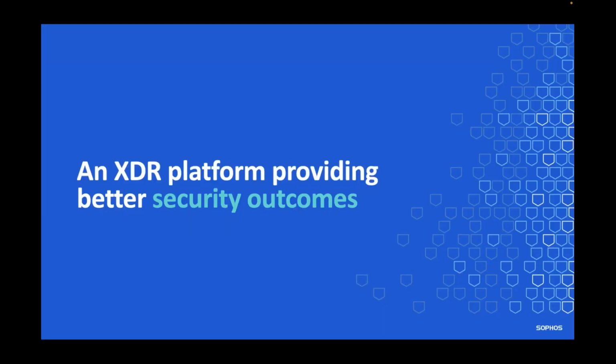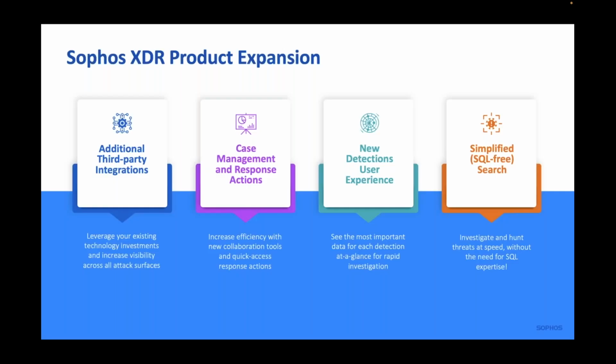And one of the things that we do to help organizations that choose to do the threat hunting for themselves is that we produce an XDR platform. So Sophos has the opportunity to use our protection, but then also our XDR platform to carry out investigations. And we've been working really hard on our XDR product, expanding it with extra capabilities to make it more of an attractive proposition to those organizations that can commit the resources to carry out their own threat hunts.